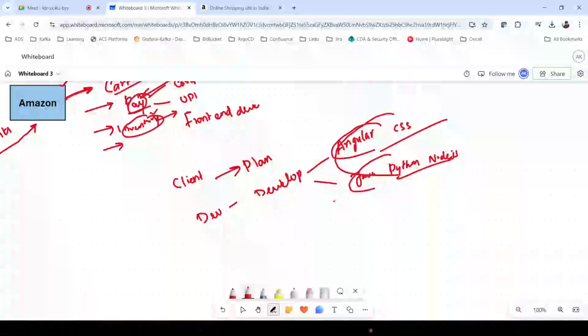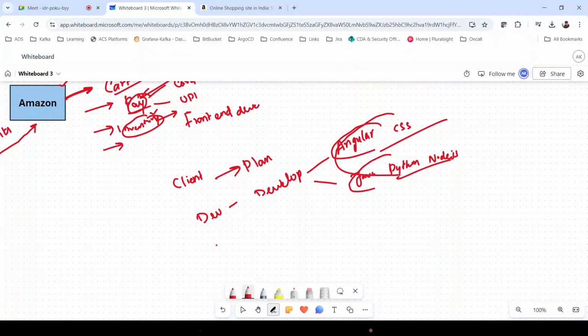Once they develop, they will pass it to the testing team. Once the code is ready and packaged in a zip, or converted to Docker images, it has to be tested before it goes to production, because otherwise it will cause issues for end users.